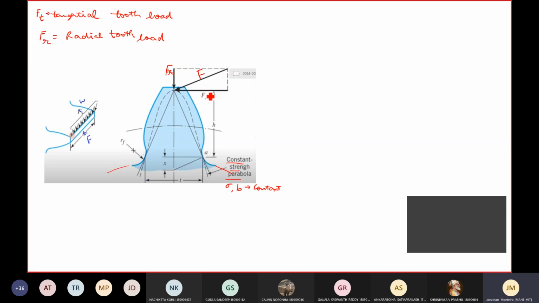Just from the figure, and it is correct from the point of view of practicality also, this F is the involute for us. This is the pressure angle on which the force acts. Obviously, pressure angles are around 14 and a half, 20, and in a very few cases even 25. Being in that range, you can immediately understand that Ft is greater than Fr. So we'll see what the contribution of this Ft is, and come out with an expression which helps us understand the stresses on this.